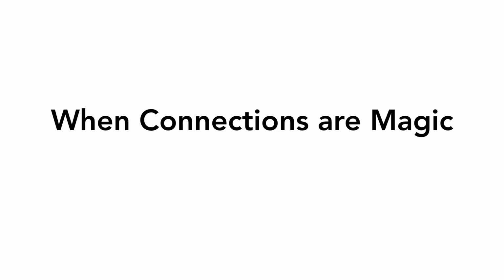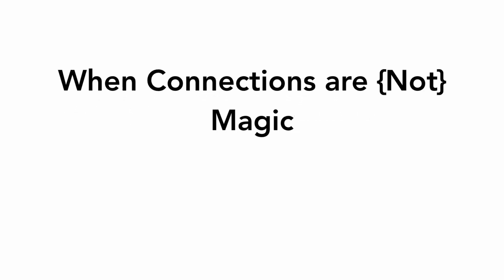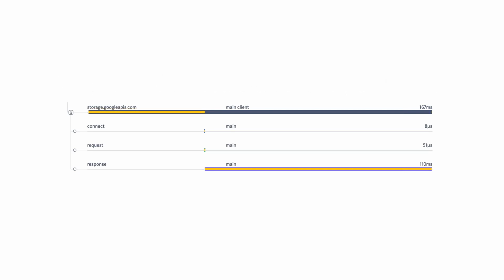After I got an acceptance to do a talk on it, the next day I got it running in Lambda, because that was the main complaint, that it was not apples to apples. So I wanted to do an apples to apples comparison in Lambda, and I got it running in Lambda, and I saw connection reuse, because connections are not magic. And it looked like this. There are some odd things here still, but the main point was Lambda making requests to GCS had connection reuse on the first connection,